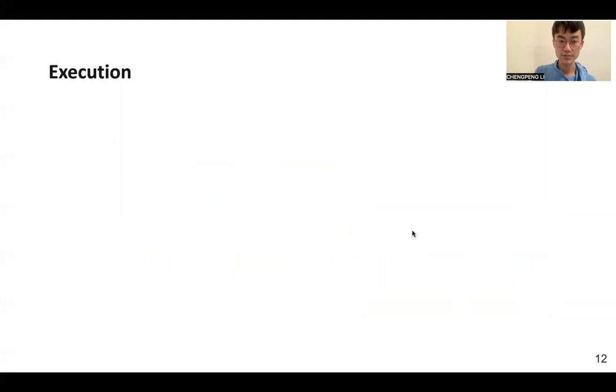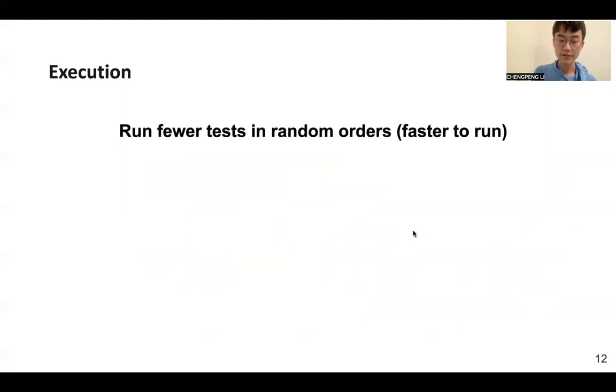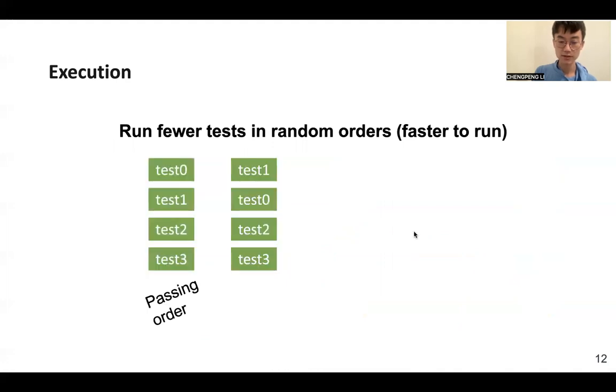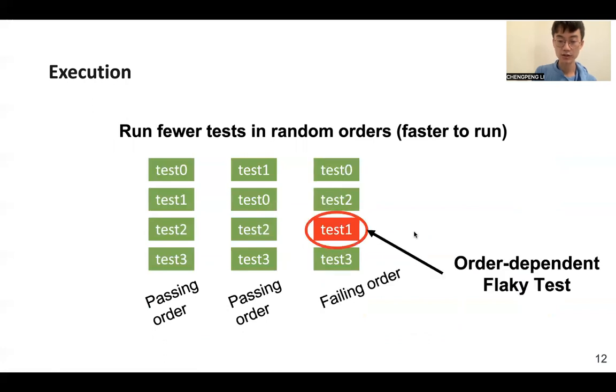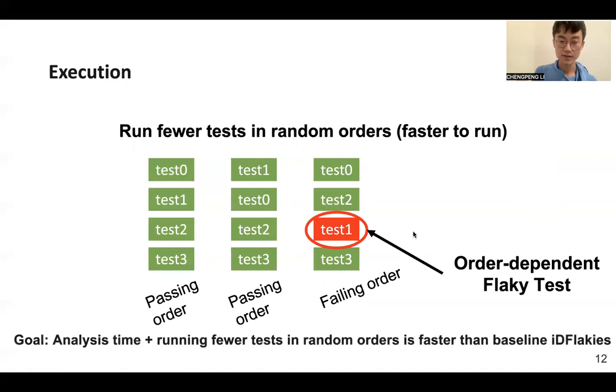As for the execution part, ink-ID Flakys will run fewer tests in random orders during execution. If it can still find both the passing orders and failing orders for one test, then we output this test as an order-dependent Flaky test. However, running fewer tests in random orders does not necessarily mean we save time in the end, because there is still some potential time to do analysis. The final goal is that the time to do analysis and run fewer tests in random orders is faster than